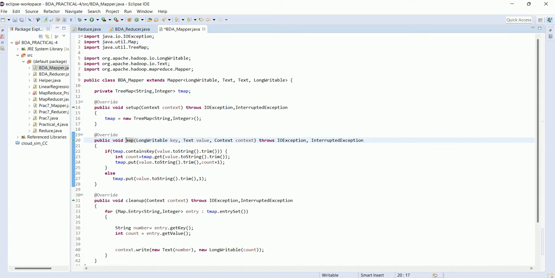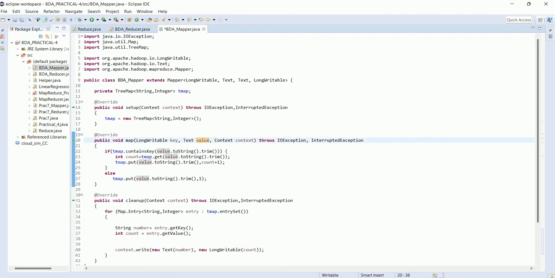In this map method, we are passing key, value and the context for this TreeMap. Here we are checking whether tmap contains the key, that is, whether this particular value, which is our number, is already present in tmap or not.